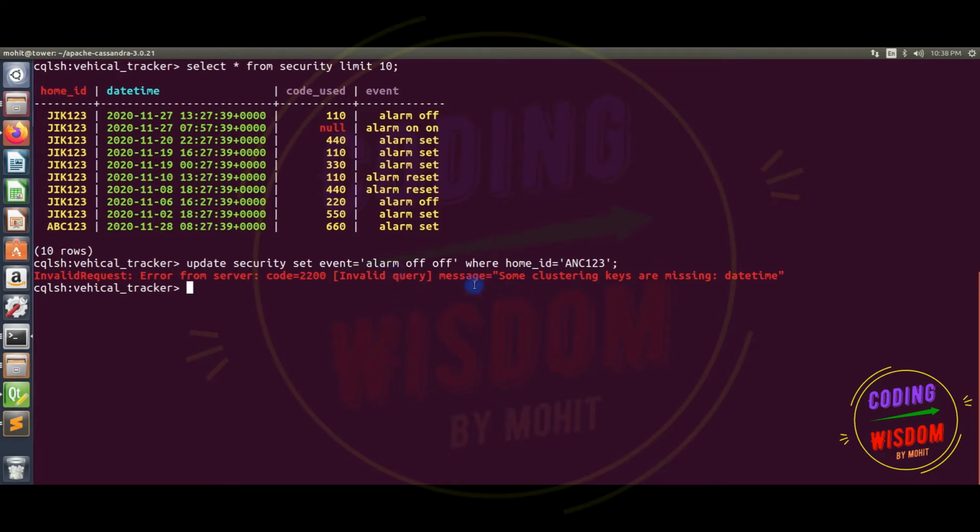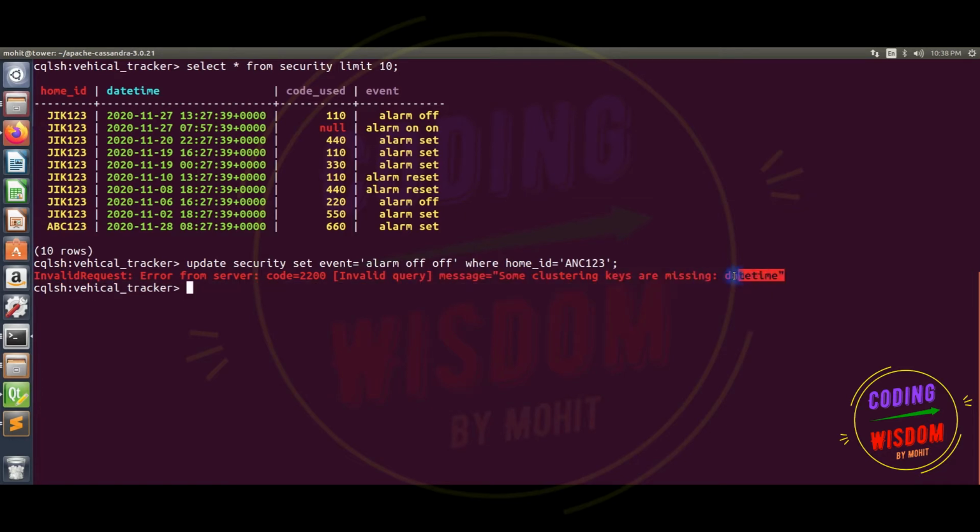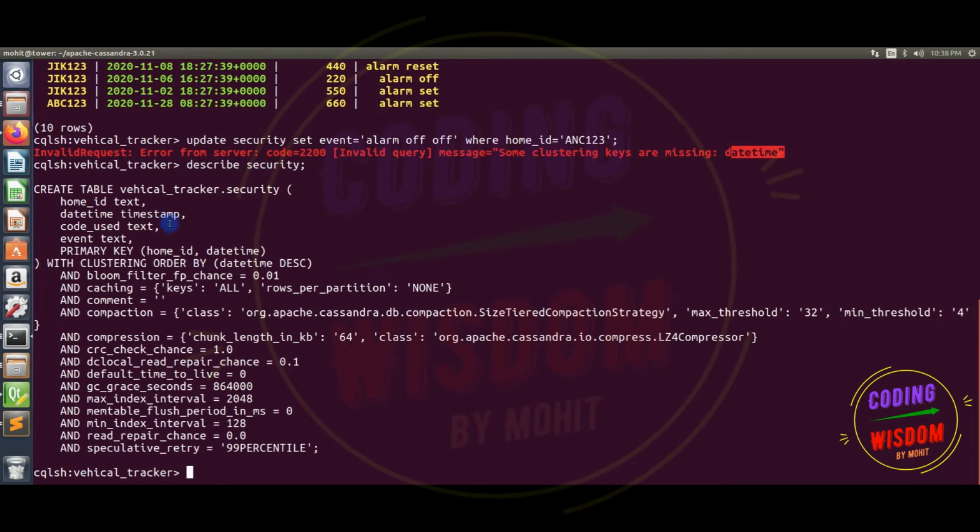Okay, you can see one error. The error is saying that some clustering keys are missing. That is date time. So here we need to check the structure of the table. You can see the structure of the table here, with the clustering keys. So date time is a clustering key, and that was missing in the query.